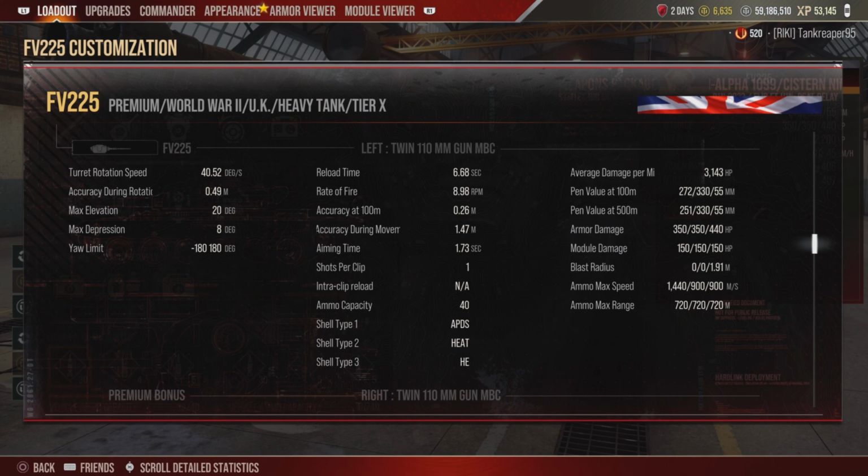Reload time is 6.68. Rate of fire is 8.98. Accuracy at 100 meters is 0.26. And accuracy during movement is 1.47. Aim time is 1.73. And when you get...